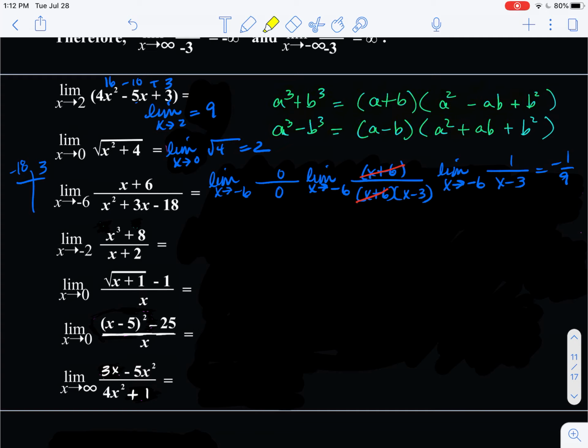All right, my next problem, this is the sum of cubes in the numerator. And I happen to have those two sum and difference of cubes right up here. And so you probably want to write those down if you're not super familiar with them. You're not going to be given any formulas, so you might want to maybe add those to your flashcards or something just to practice. So what I do is I'm going to take the cube root of x cubed,